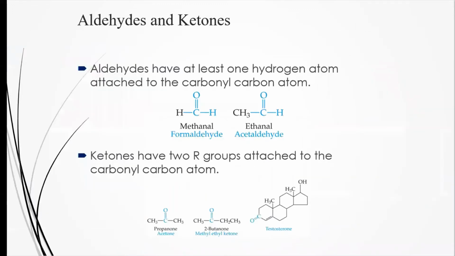So our aldehydes are one of our more common ones that we're going to talk about. They are easy to identify because we have to have that hydrogen directly connected to that double bonded carbon and oxygen. Ketones are very similar to our aldehydes, except that they should have carbons attached to both sides. Now those ketones can happen in a ring, they can happen in a straight chain. As long as there's carbons on either side, it doesn't matter how many,